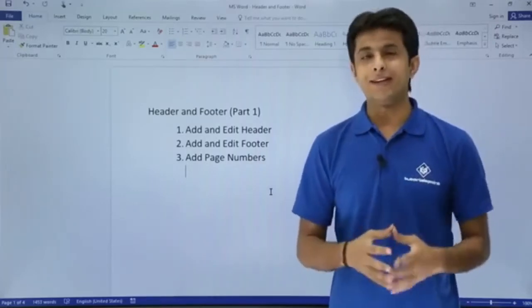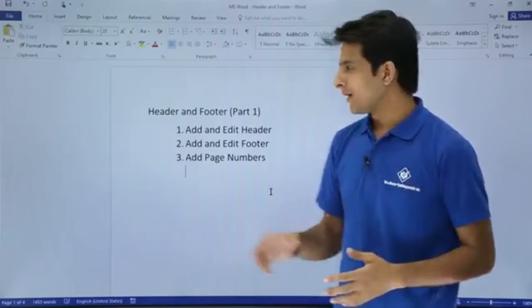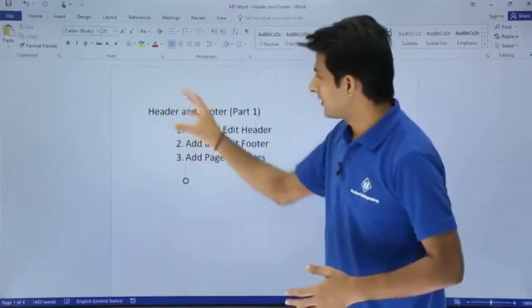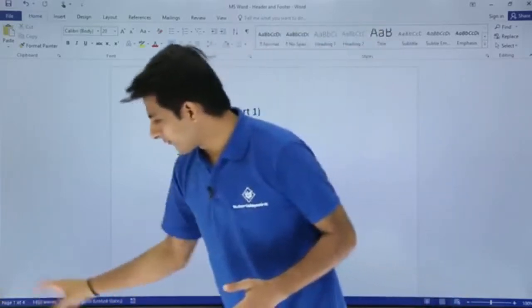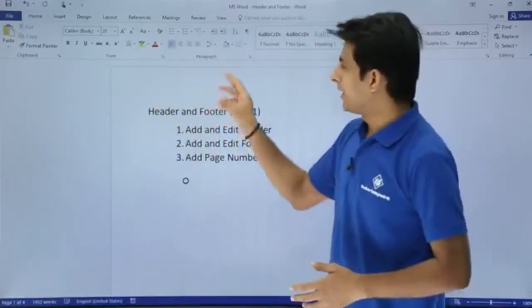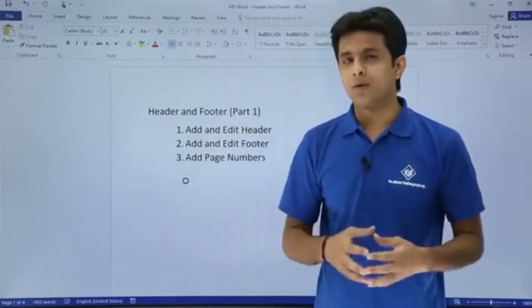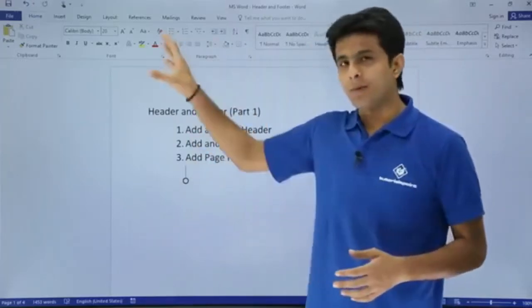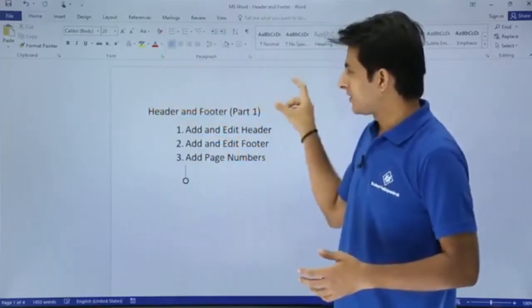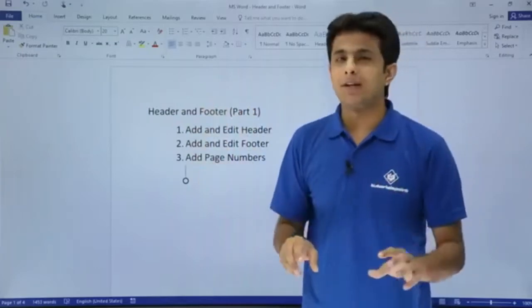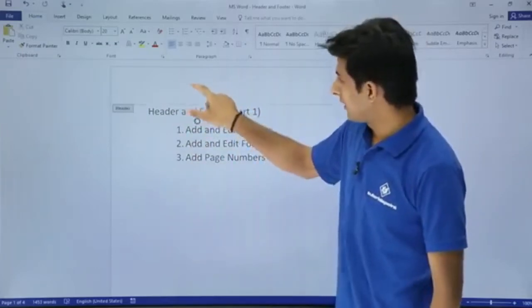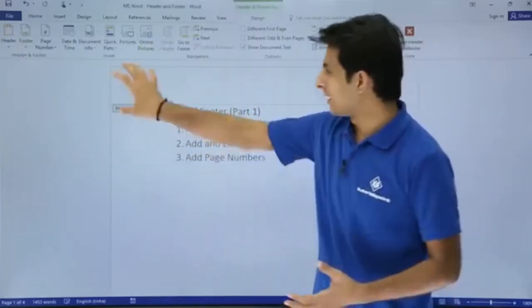So let us see the very easiest method to add a header. So what you can do is, if you see, I'm on the first page of 4th page, total 4 pages I have. If you want to add a header, what you have to do is, you have to go at the top of the page, and you see there's a blank space which is added. You have to just double click on it. If you just double click on that place, you see there's a header which is enabled here, and you can